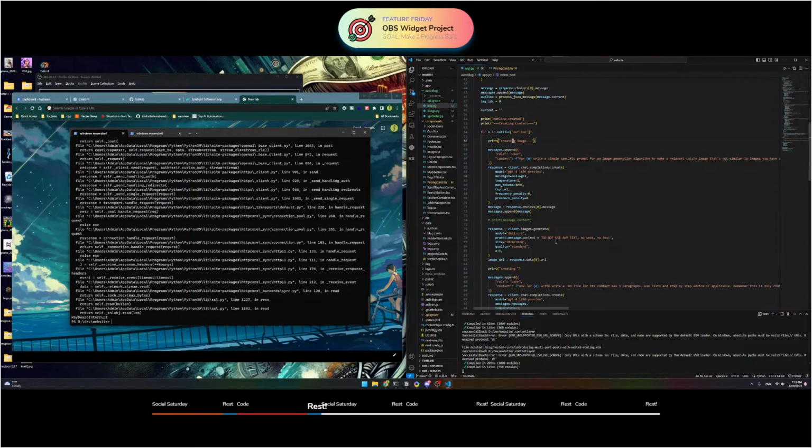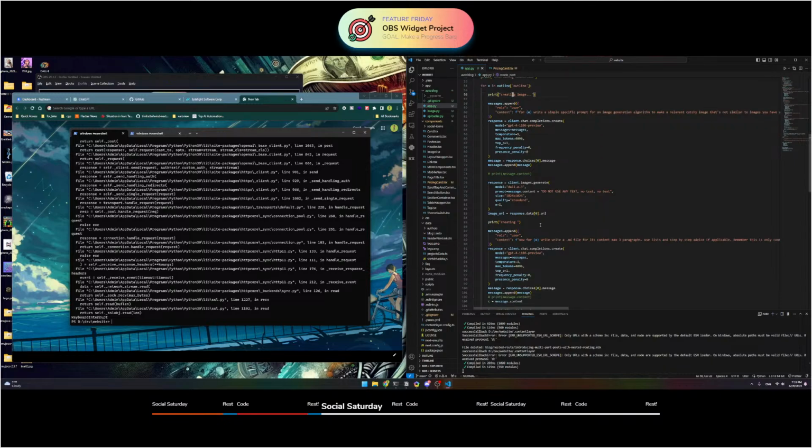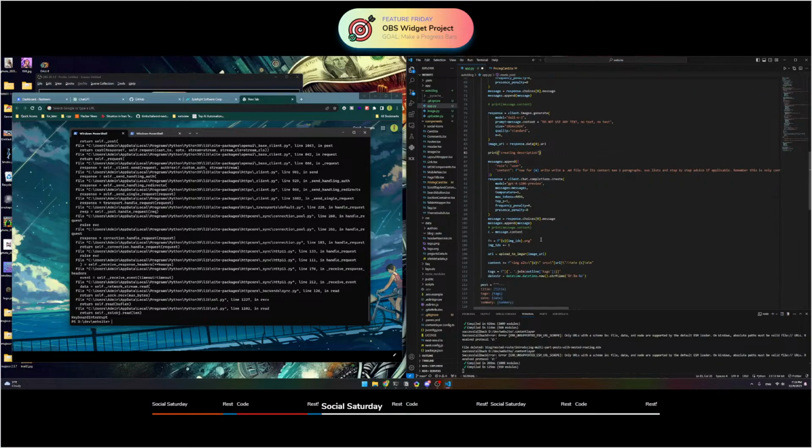After you create an image, you want creating description. After you do that, you want to do uploading image, and then